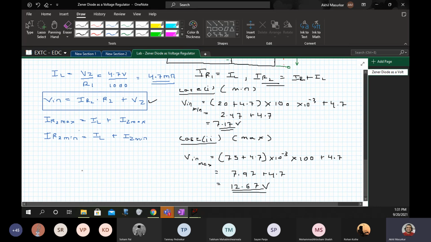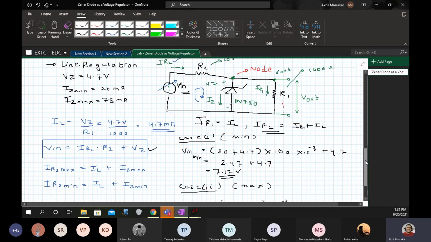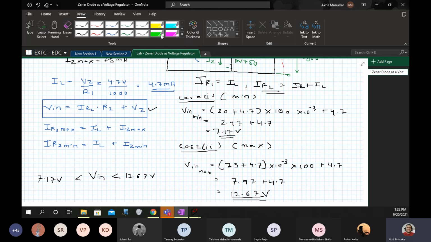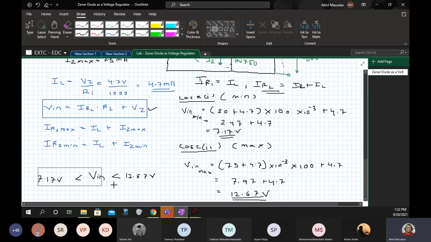That is, the Zener diode will work properly if my Vin fluctuates between 12.67 volts and 7.17 volts. So this is a condition that a designer should know. Okay, this condition the designer should know.